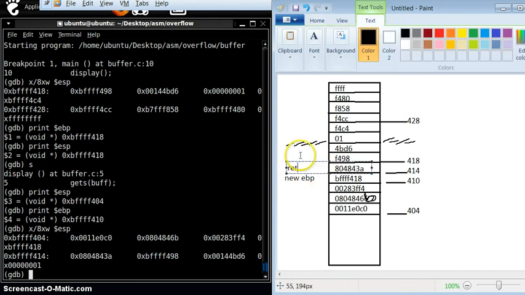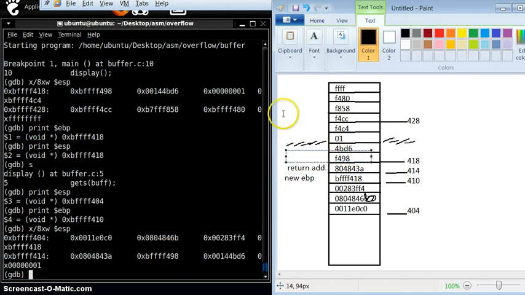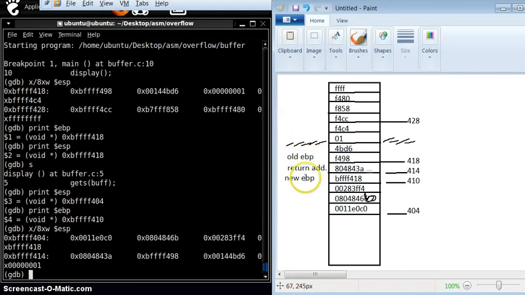We should mention it. This is the return address, where the program execution should fall back. F498, this is the value of old EBP. Okay, so we are good to go from within these three places.